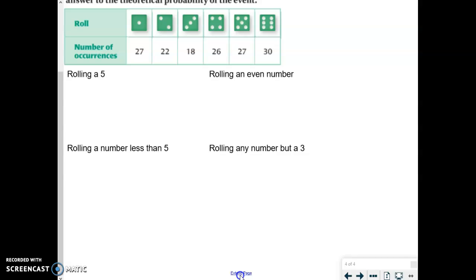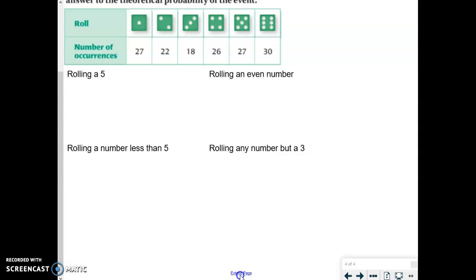So in this case, after the rolls were all done and they were all tabulated, there were 27 ones, 22 twos, 18 threes, 26 fours, 27 fives, and 30 sixes. So now what we're looking for are the total number of outcomes being 150 for the experimental, but for the probability that we would have that would still be theoretical, it's 6, because there are only 6 numbers on that numbered cube. So the probability of rolling a 5 in this case,